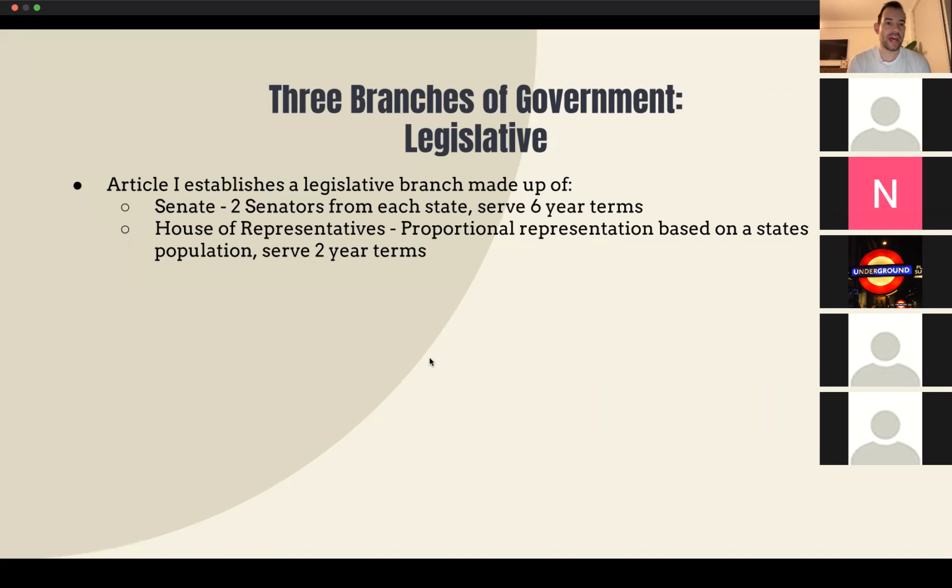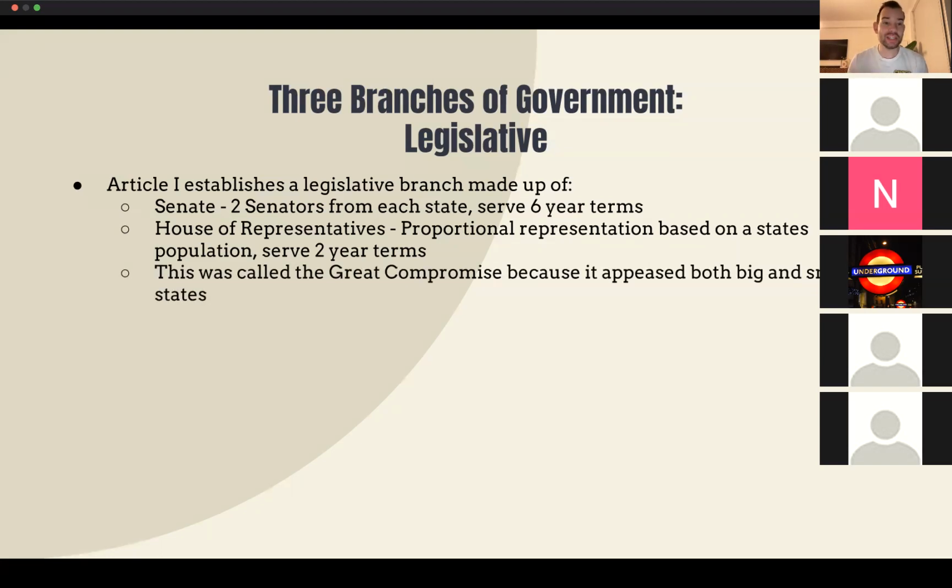Now, this helps smaller states, right? So let's go back to our example between Ohio and Vermont. Ohio and Vermont both have the exact same number of senators, even though Ohio probably has 10 times the people of Vermont, but the Senate is equal. Every state gets 2. The House of Representatives, on the other hand, is proportional. It's based on the state's population, and House members serve for 2-year terms. So Ohio would have many, many more representatives. I don't know off the top of my head how many Ohio has, but I'm guessing it's a lot more than Vermont, because Vermont only has 1.